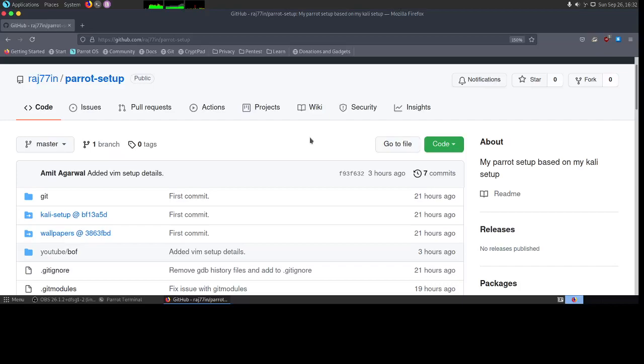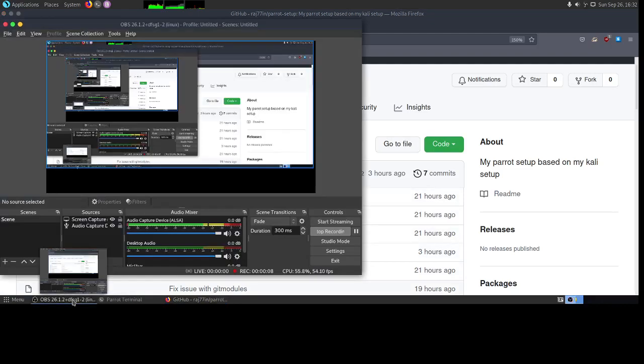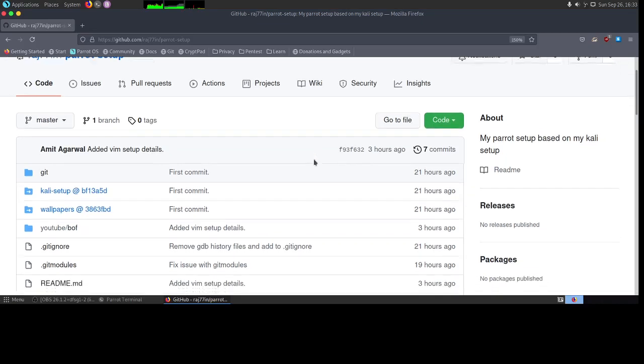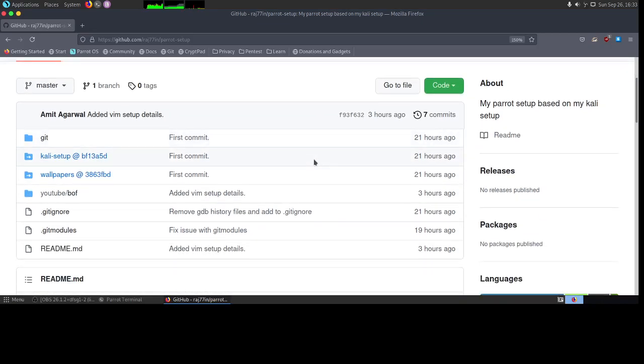Hello everyone. So today I am going to show you Linux buffer overflow. It's a very simple buffer overflow, and it is not bypassing any of the protections in place. There are many protections that happen, but we will first look at a very simple Linux buffer overflow. So to start off, I am using Parrot OS, the security version of Parrot OS.